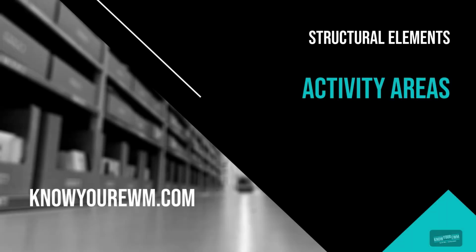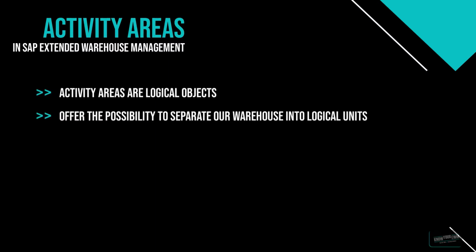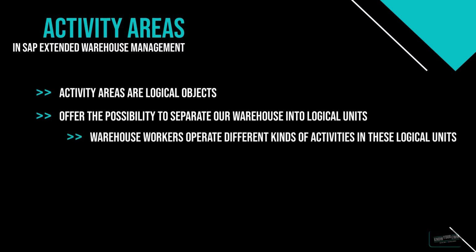Activity areas. Next up, we have the activity area. Compared to the other structural elements we already had a look at, the activity area is not a physical object. The activity area is a logical one. With activity areas, we have the possibility to separate our warehouse into logical units. In these logical units, the warehouse workers operate different kinds of activities, like a put away or a stock removal